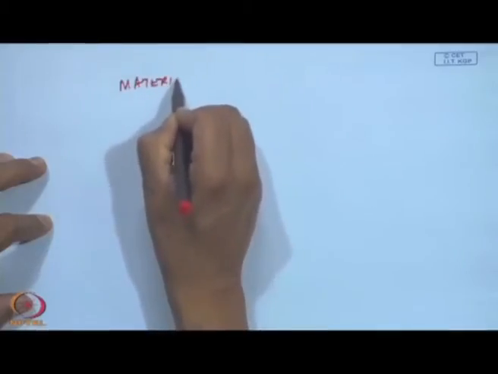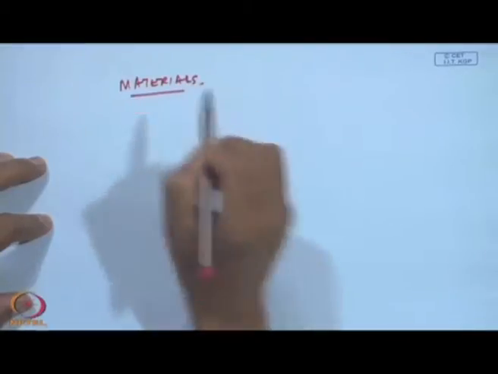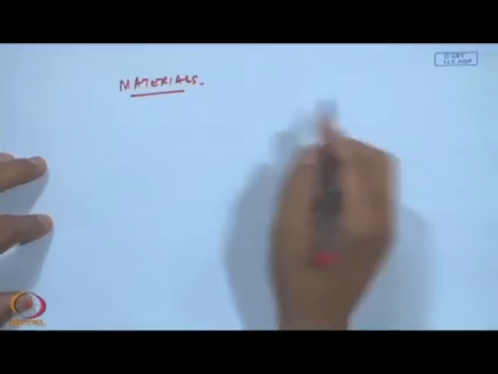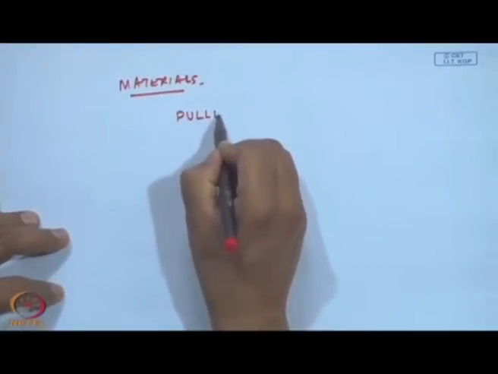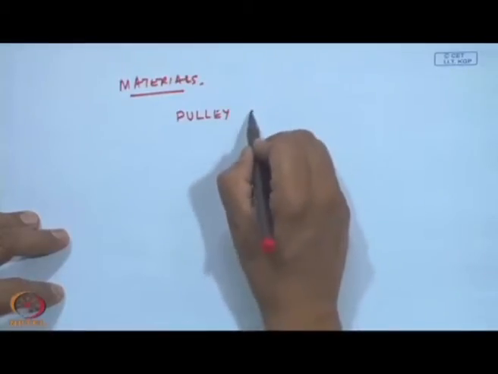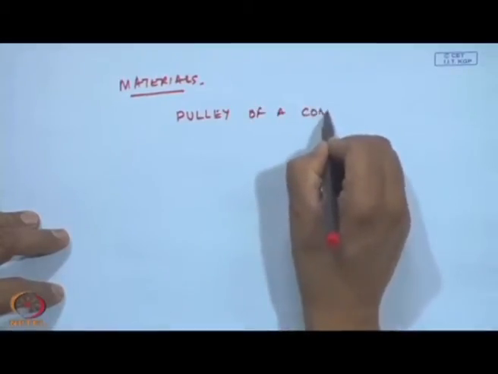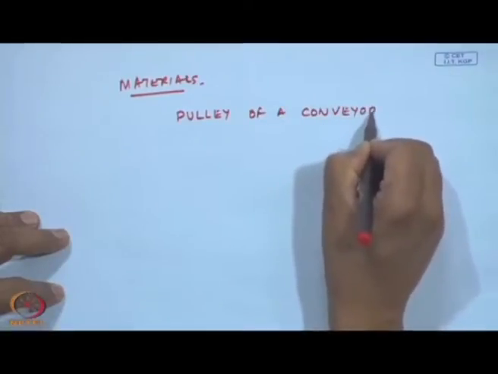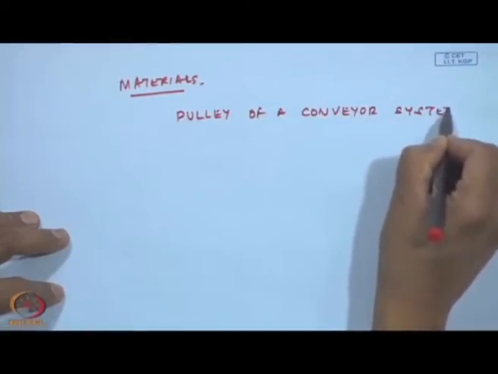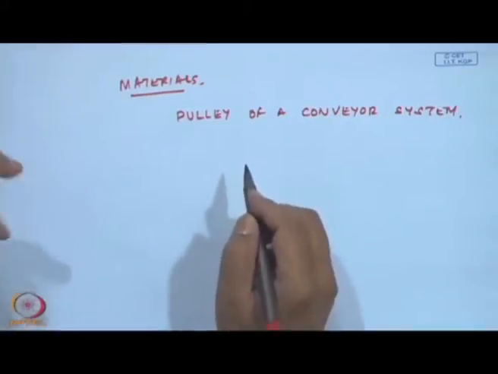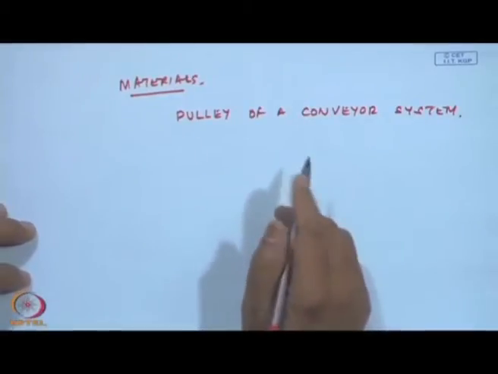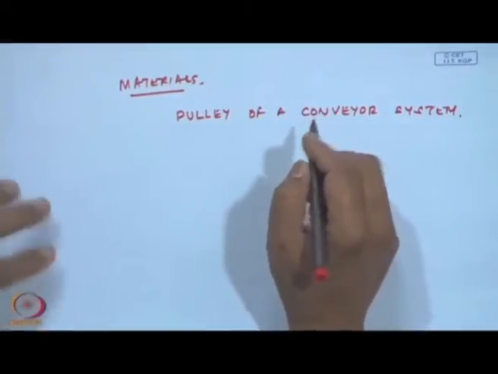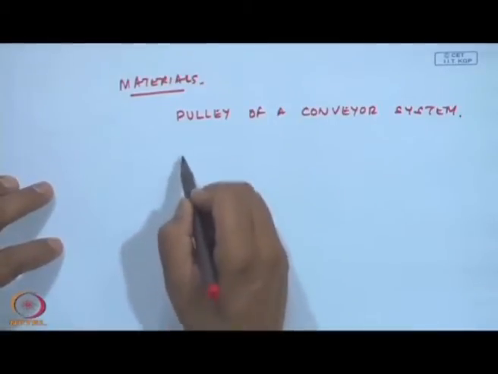So, these materials which are used to make the case of a shaft. Say for example, let me take the case of a pulley. By pulley, I mean a pulley of a conveyor system. It is not the conventional pulley which we use for power transmission in our small motors or pumps, but I am talking about conveyors